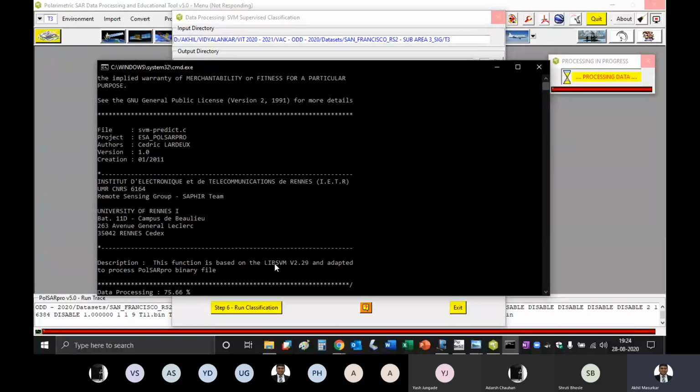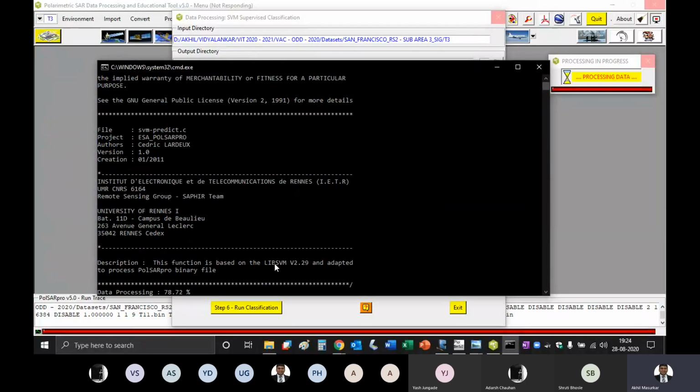So I hope you now must be appreciating the computation power that you have. If you are working from a laptop, it might take some time.